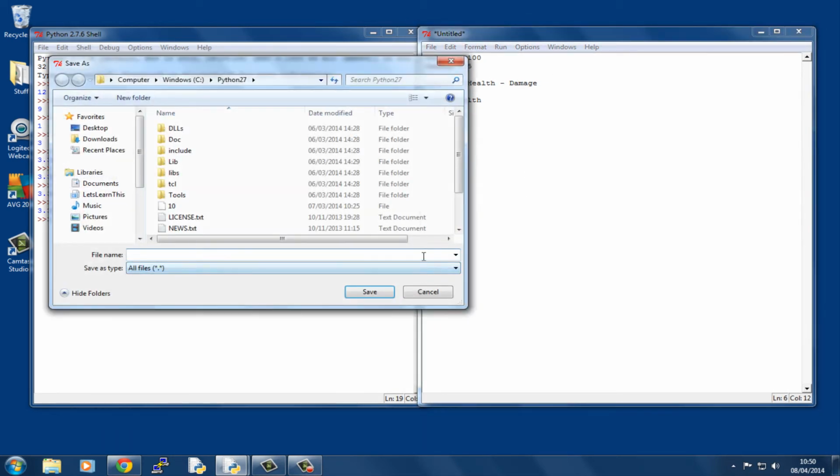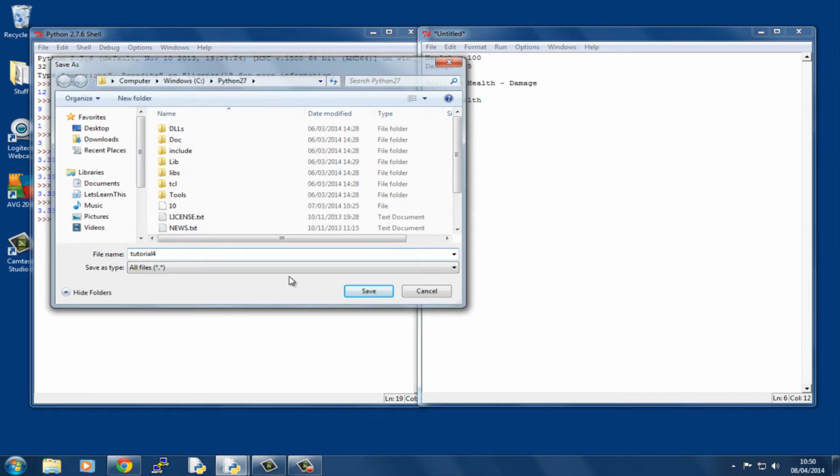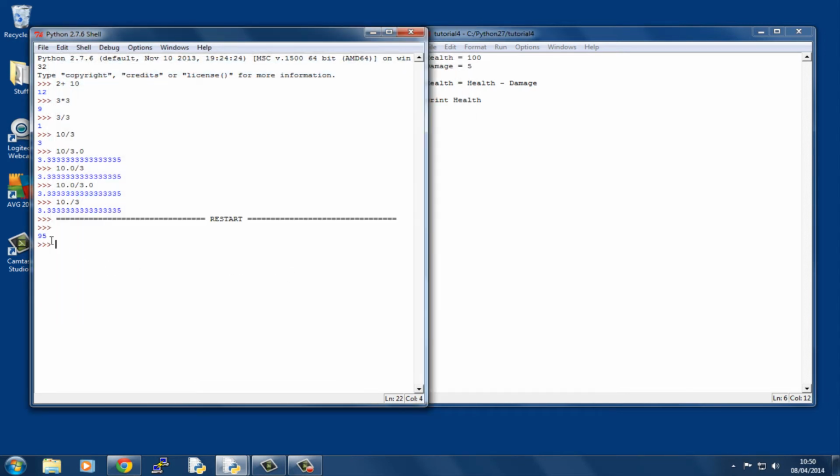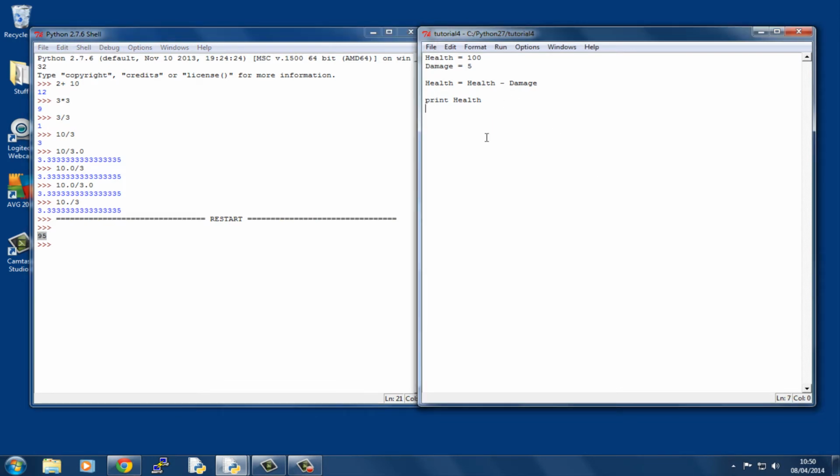Okay, let's just save it. Tutorial 4. And there we go, there's the result, 95. Now suppose we want to tidy this up and write something like your health level is, and then the result. So let's do that. So let's print